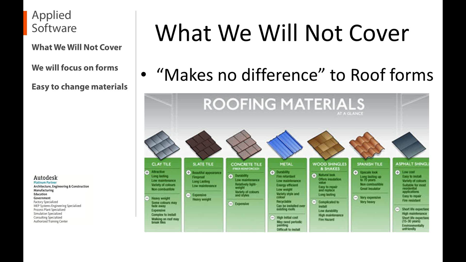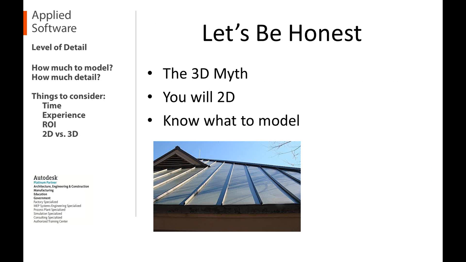All right, so first thing that I want to clarify, and this is a common misconception with Revit, and even experienced Revit users, it's too easy for us to fall into this trap. Not everything in Revit has to be 3D, and you kind of have to determine, okay, what is a good level of detail? How much of this should I do in 3D, and can I do any of it in 2D? For example, in this picture here, you'll see a standing metal seam roof,